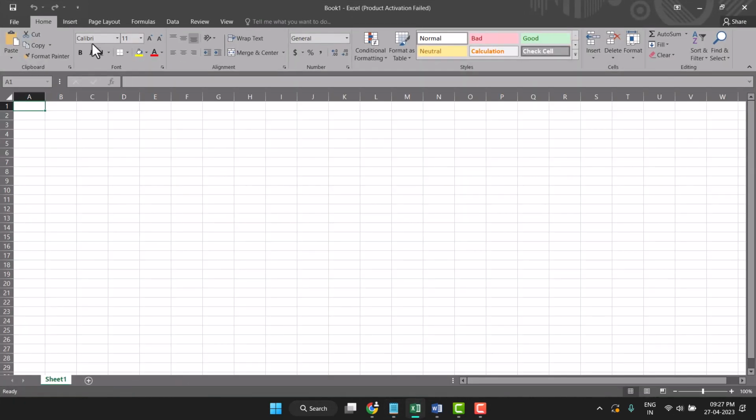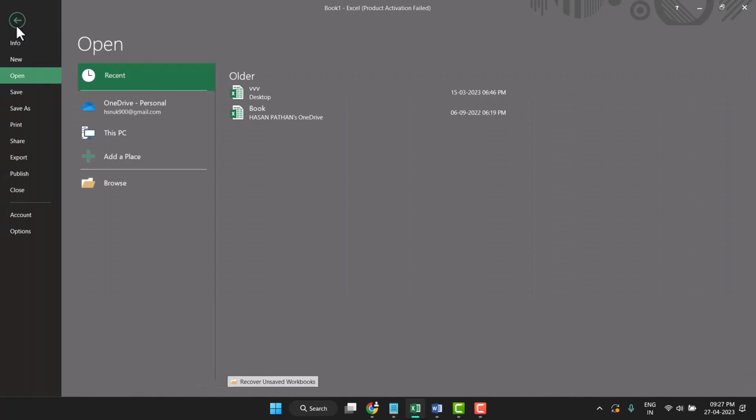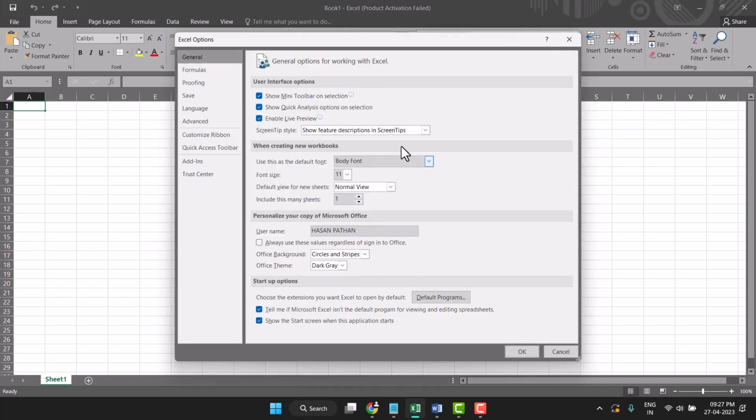Now click on File, you see this on the left side. Just click on it. Now Options, just click on it. Now here you see this